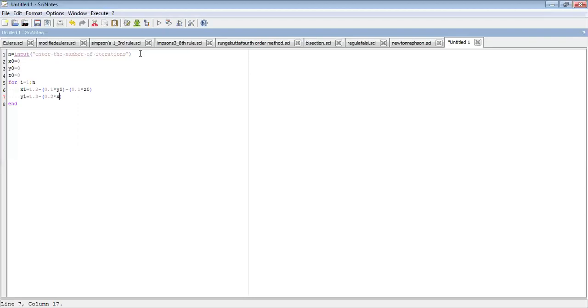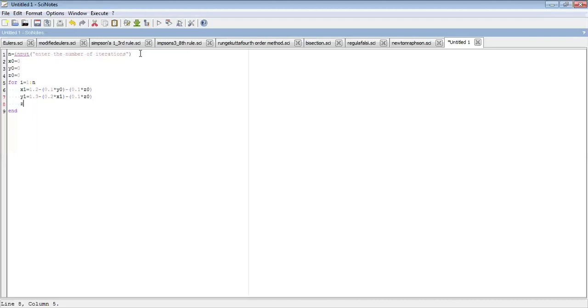So I have to take that latest x1 here, that is very important, and then minus 0.1 times z. Just give a bracket to this term so that it is properly calculated. We haven't found the latest value of z yet, so we take z0 as the value.